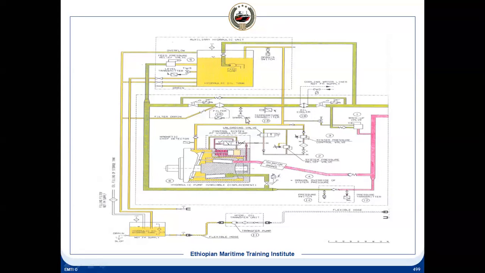So this will be the oil sample, because we take the system oil sample and send it for laboratory analysis for the condition, because in the hydraulic system it is very important that the oil condition is maintained. And there will be filters on the return line. You can see that a differential pressure is measured, so we know the condition of the filter. Sorry, this is the oil cooler, and this is the filter.